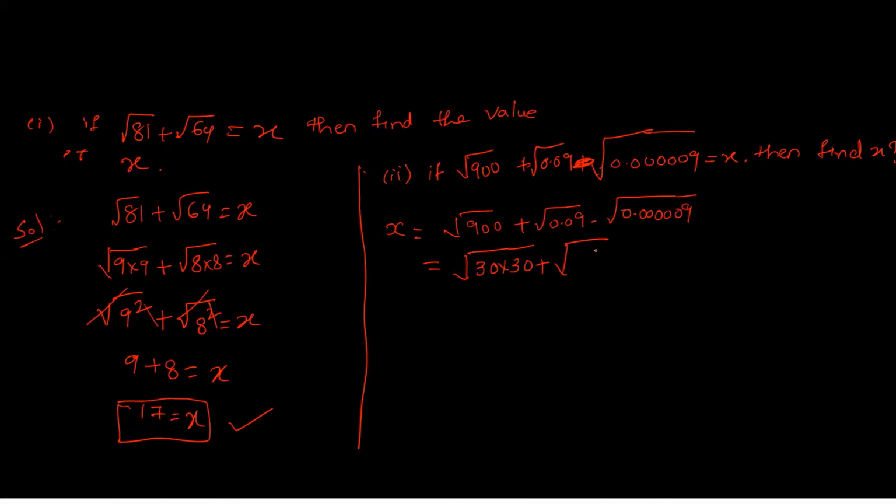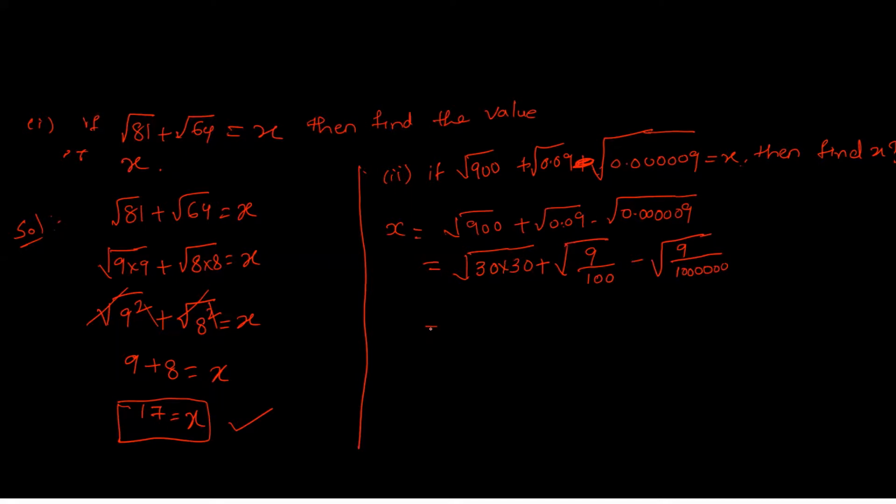To convert into a fraction, write only the 9 in the numerator. In the denominator, write 1, and after the decimal point we have 2 digits, so write 2 zeros. Minus 9: in the numerator, write 9. Then after the decimal point we have 6 digits, 1, 2, 3, 4, 5, 6, so write 6 zeros.